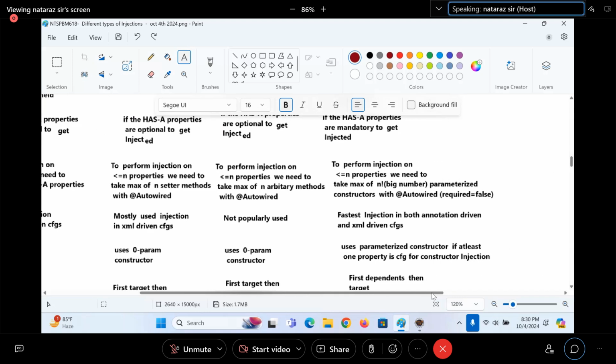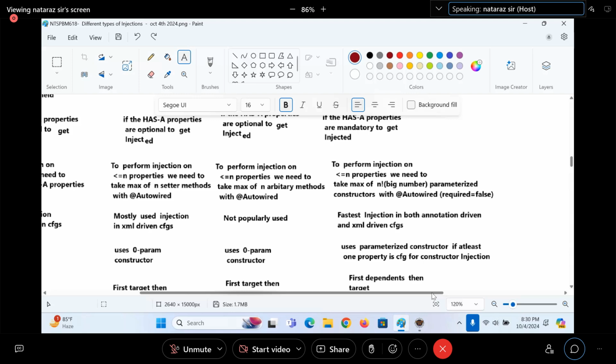Let us assume I have four Spring bean properties. How many properties will participate in injection, I don't know. Sometimes two, sometimes three, sometimes four, sometimes one. Which one? Multiple ones. Which two? Multiple twos. Which three? Multiple threes. Which four? All four.